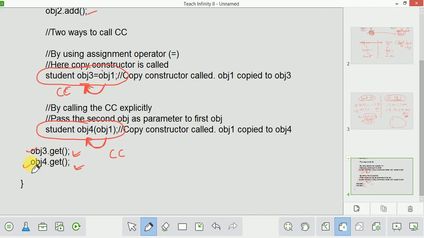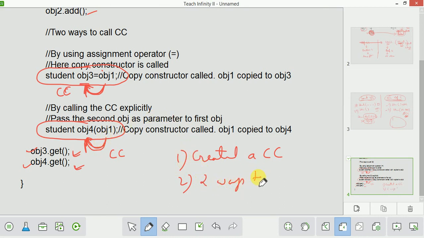So in this example we have created a copy constructor, and then we are calling it in two manners. First is this way using the assignment operator, and second is when we are calling the copy constructor explicitly. These are the two ways to call a copy constructor.